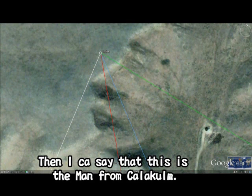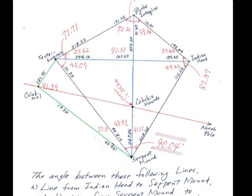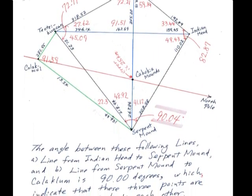Okay. I say this man is from Calakmul. This spelling is wrong. Okay, have a look at this